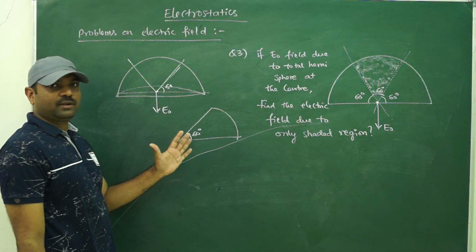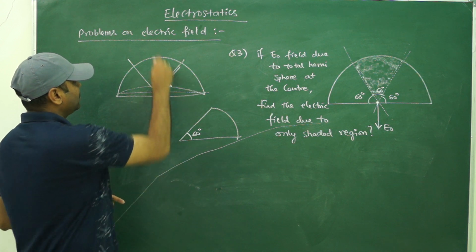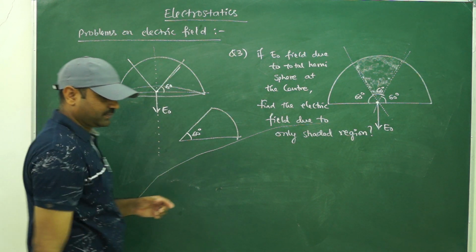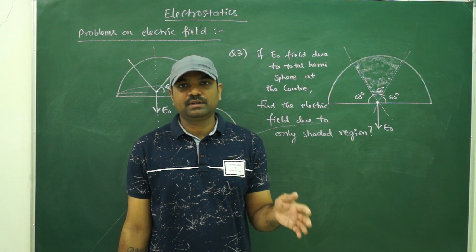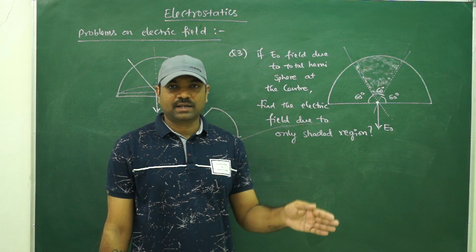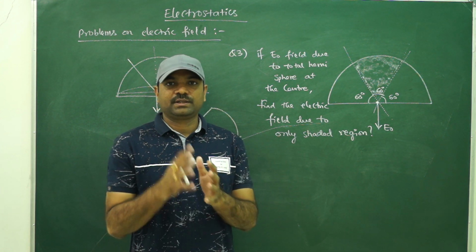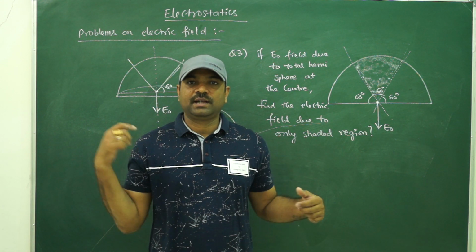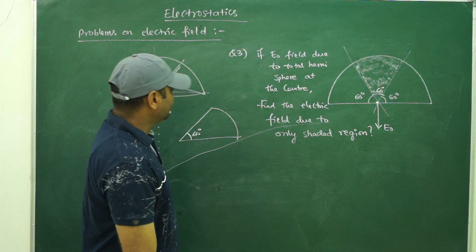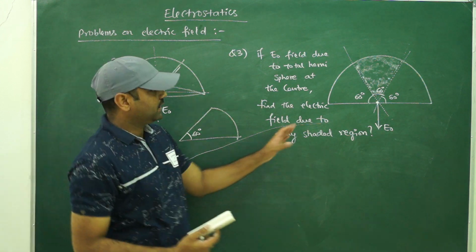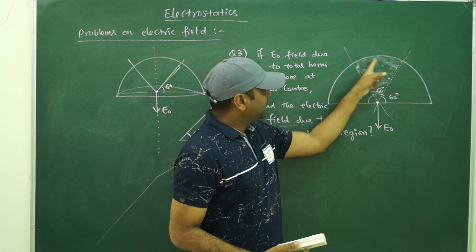I don't know how many of you observed here, but when I draw the electric field direction, I draw it along the angle bisector. I told the same thing in my previous videos, while deriving the field due to a charged arc or the field due to a rod. Whenever you take the field due to a charged arc or rod, the electric field will be along the angle bisector. That's very important. So here I consider the field due to any one of the parts.